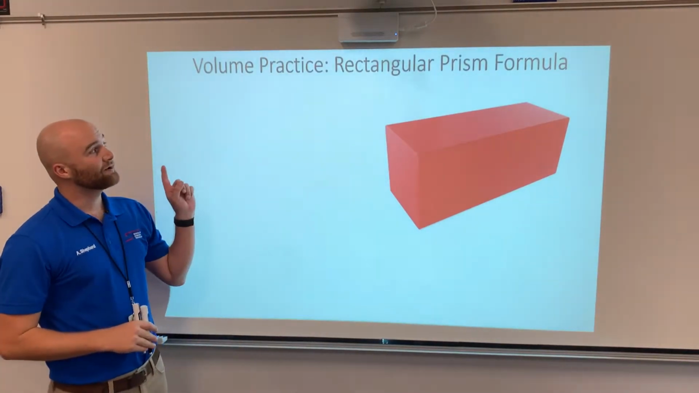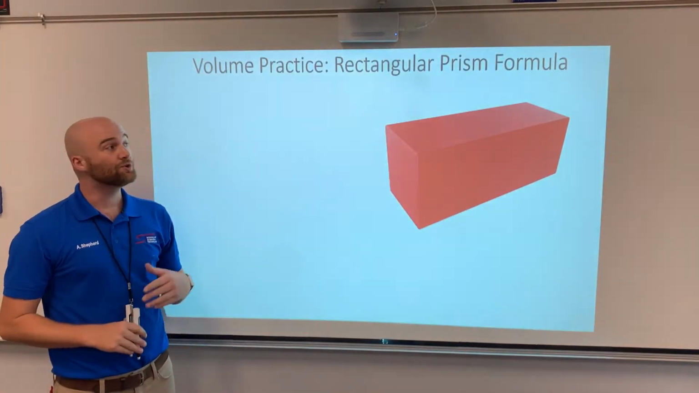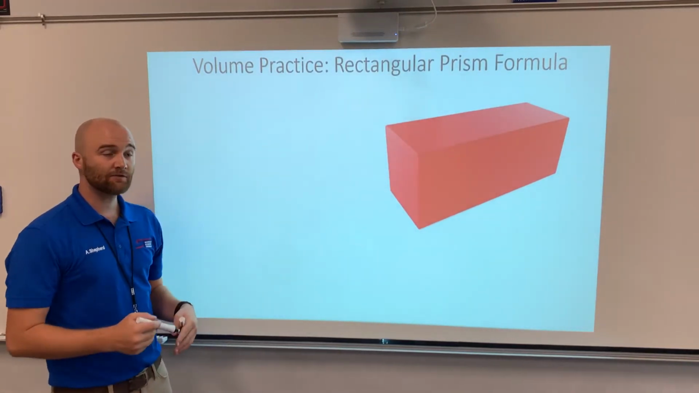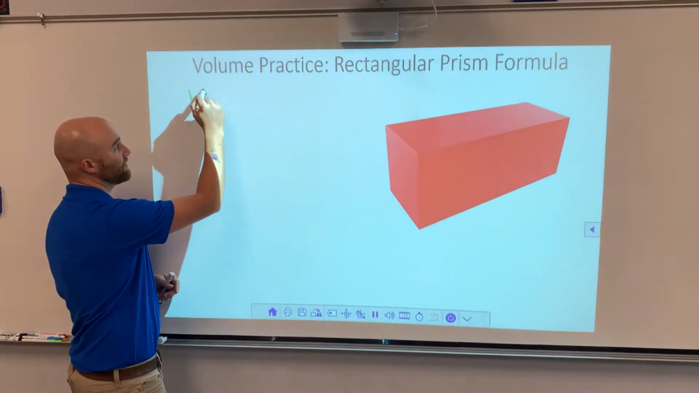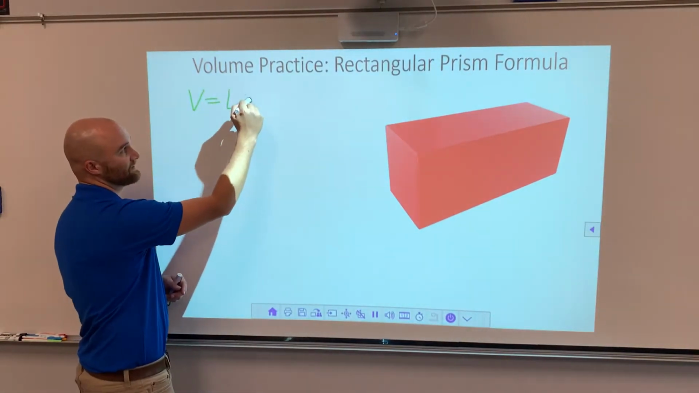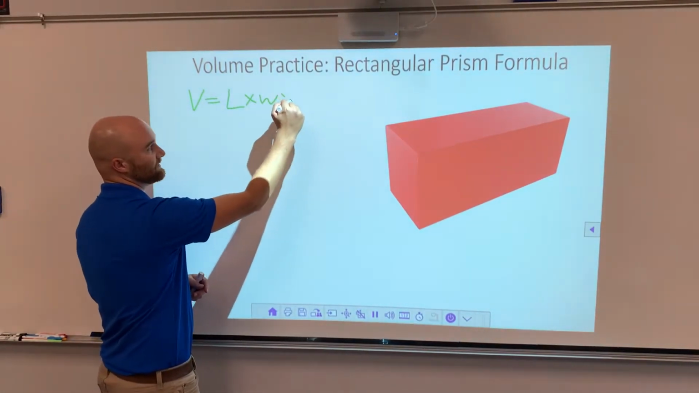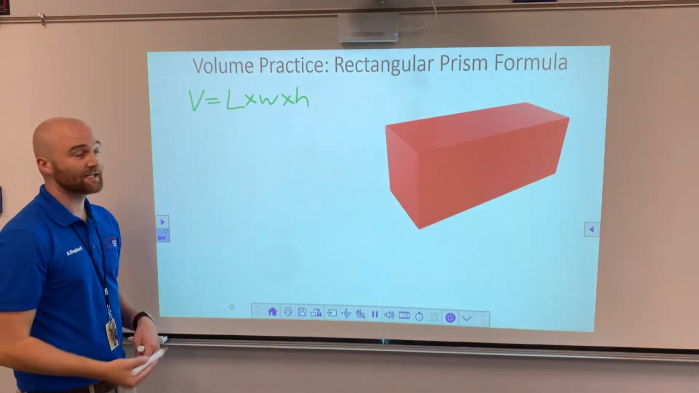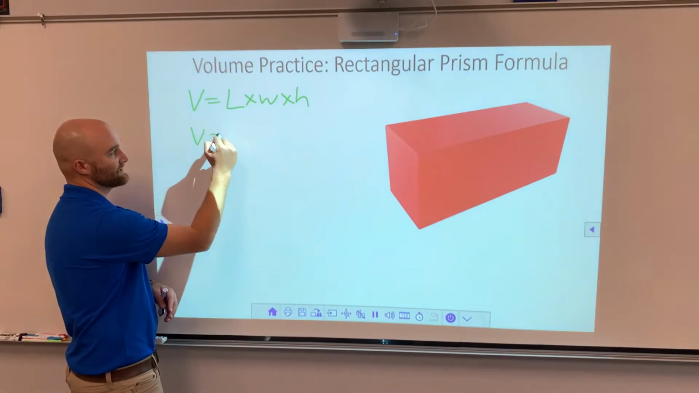Today we're going to be talking about finding the volume using the rectangular prism formula. So the rectangular prism formula, you might remember, is volume is equal to the length times the width times the height. Sometimes you might see mathematicians getting lazy and just writing volume is equal to